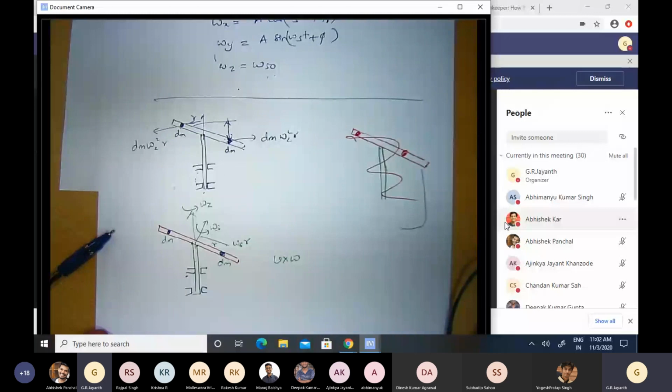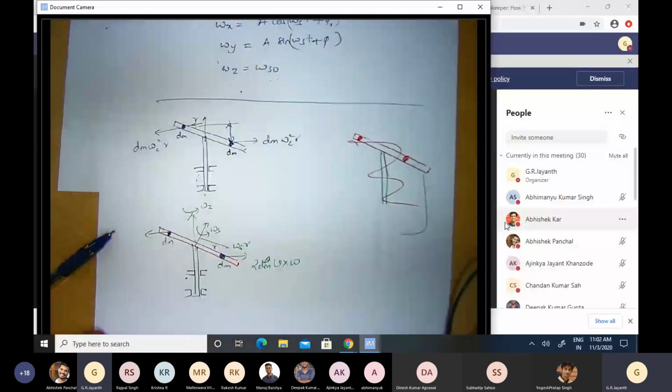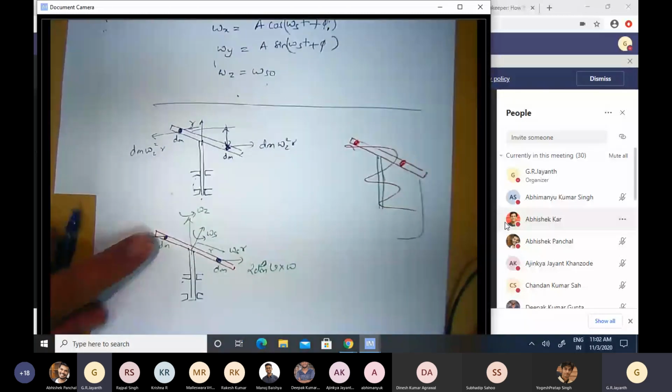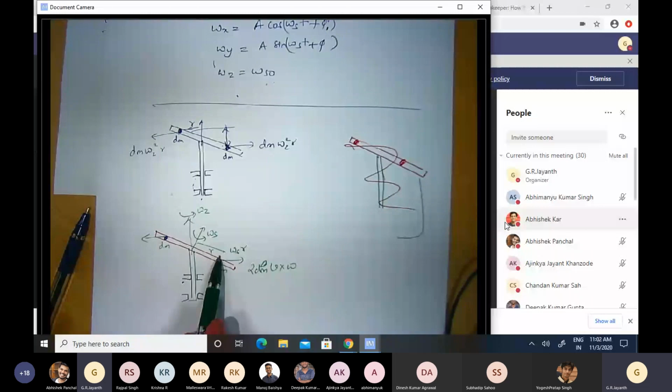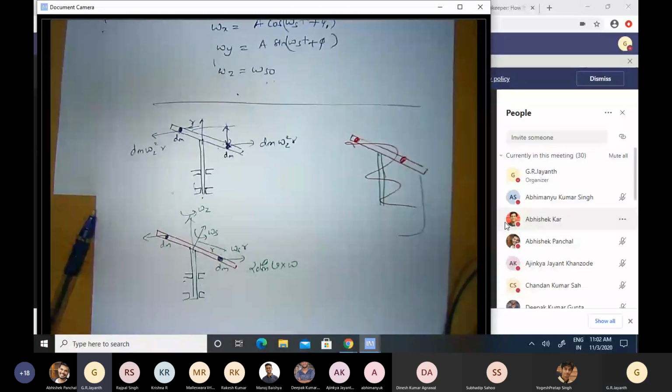That will be the Coriolis force, and that again will be pointed outwards for this mass and in the opposite direction for that mass, because this mass has a velocity in the opposite direction compared to that. That's going into the plane of the paper, this is coming out of the plane of the paper. So you see that this also generates a couple in exactly the same manner as that generates a couple. And therefore you have that extra moment that these bearings have to apply in order to keep this spinning.